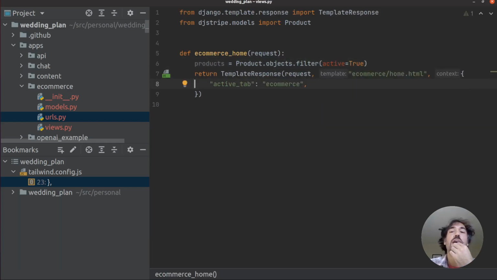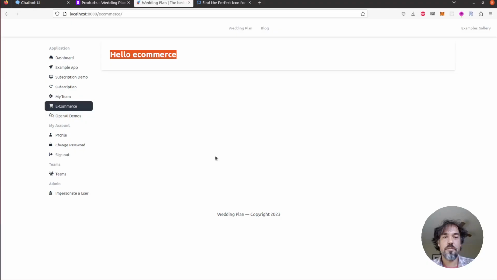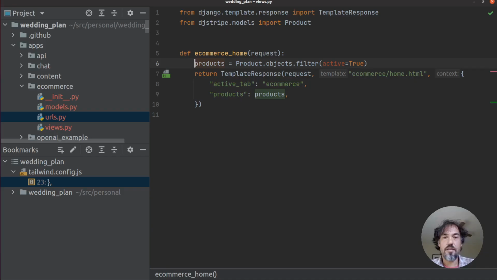Probably, we want to pass this to the template. Probably we'll want to further pare this down at some point. We don't just want to send down every active product in the database, but for now that'll be fine. So, and now in the template,